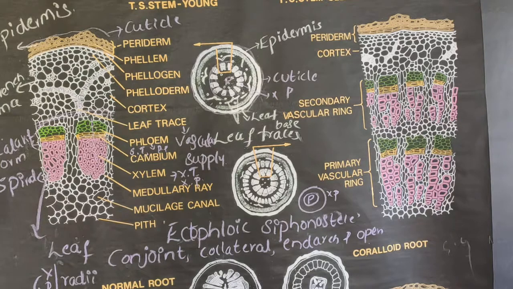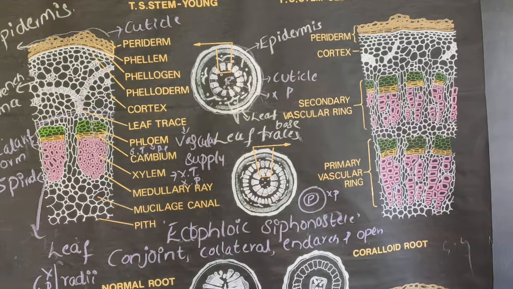Some of the parenchymatous cells are modified into storage cells, which store starch grains, and some of the cells are modified into mucilaginous cells. These mucilaginous cells store water and nutrients. The innermost layer of the cortical region is known as endodermis. Both the endodermis and pericycle are not distinct in case of cycas stem. They are followed by the vascular cylinder.